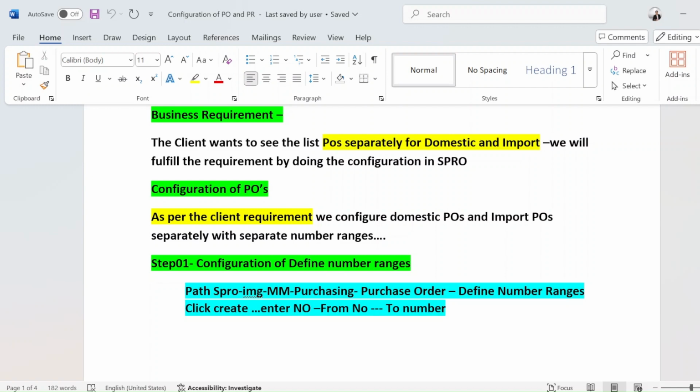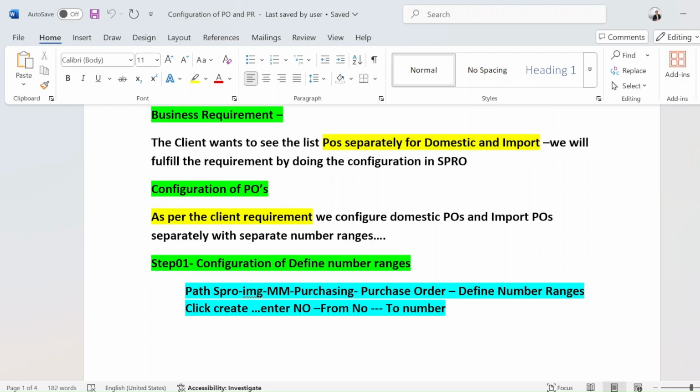So how can we segregate them, so that the client can see the list of domestic POs separately, import POs separately, or service procurement separately? The client may also want to see service procurement separately from raw material procurement.